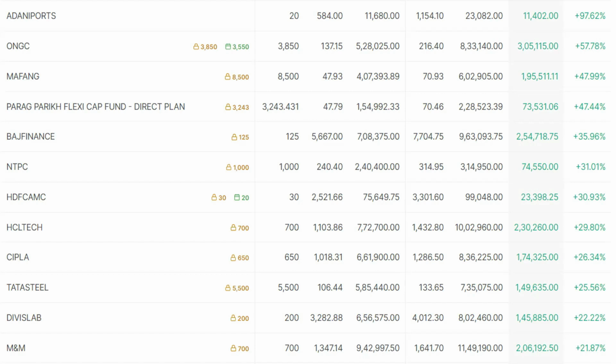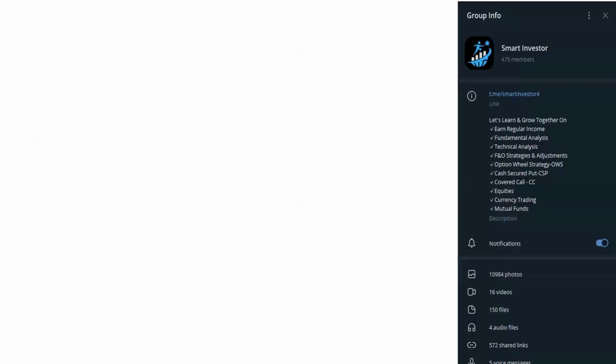So anybody can buy any stock at any point of time. But the difference is what price you buy at, which is important, and what return you get at the end in the long run. That's all important for you to understand. So such opportunities are available, and you need to be ready to buy. I hope this data is useful to you and you'll make a good decision.